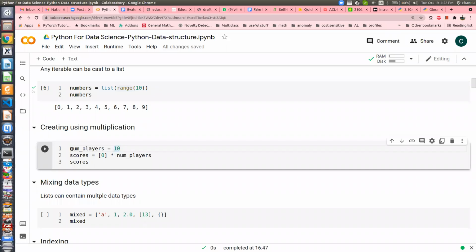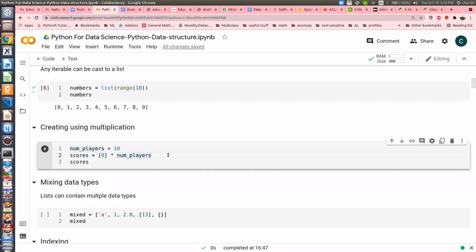So let us say I want to create a list of 10 numbers. All the numbers should be 0. So you put that number, whatever number you want to replicate. Basically I want to create a list with all entries initialized with 0, right? This is a very beautiful command in Python. If you want to create a list all initialized with zeros, you put that number, whatever number you want to replicate, then a multiplication operator, and then how many times you want to replicate that thing. So basically this list of one number will be replicated 10 times.